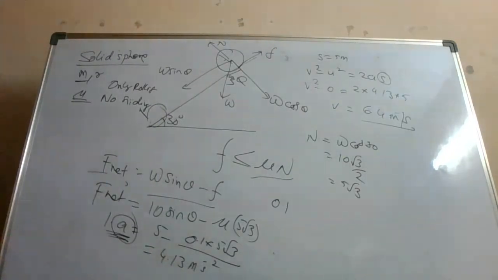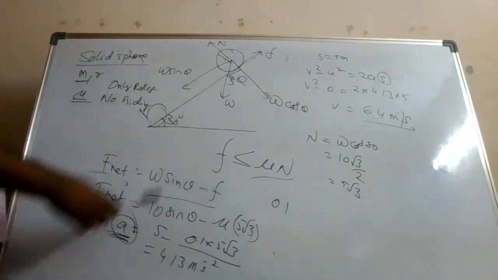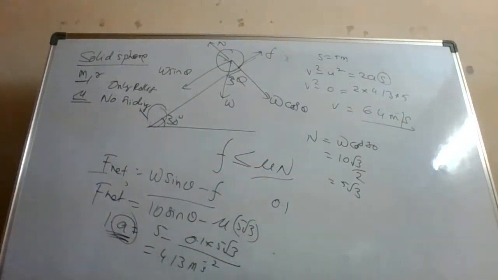So suppose the mu value is given to you, you can calculate that. The way we have done is we have calculated the net force. Suppose there is no friction at all. If there is no friction at all, you have to take only the net force. You will get the acceleration. It becomes a normal case.